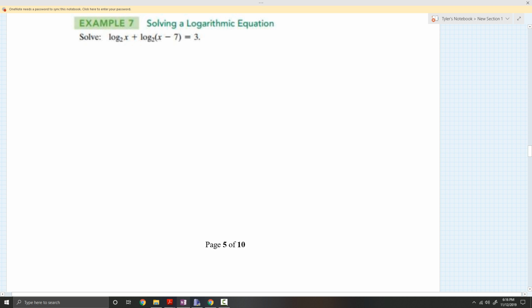Well, as long as it's not a log of a variable. If it was log of 5, that would just be a number, so that would be okay on the right-hand side. But we don't want to have log of a variable on both sides. We want just one log equals some number on the right. So what I can do is combine both of those, because I have the same base and we're adding, so that means it's the log of the product. So this would become log base 2 of x times x minus 7